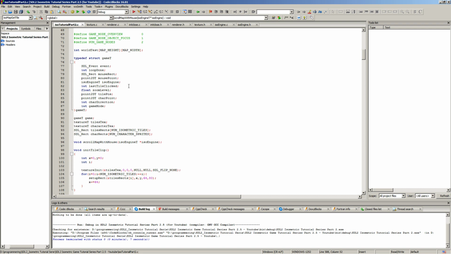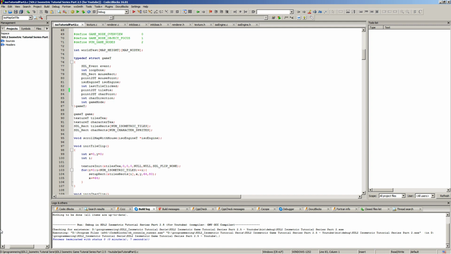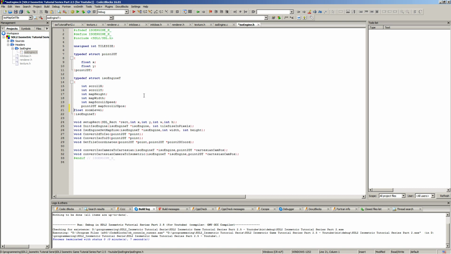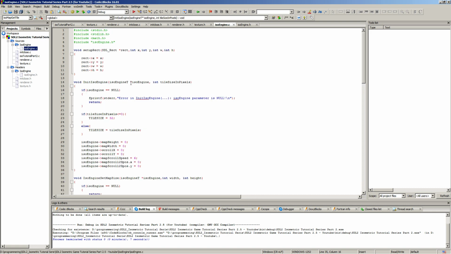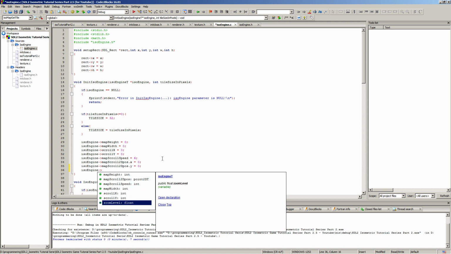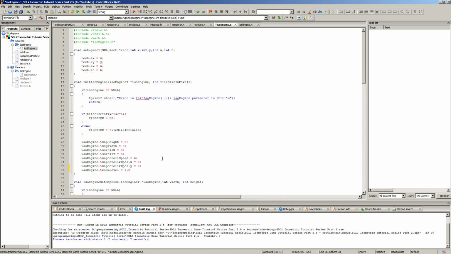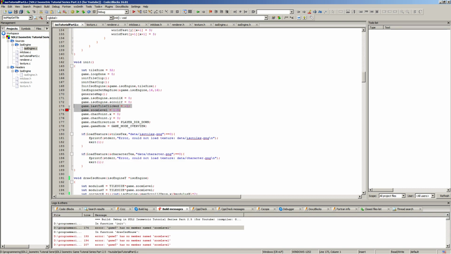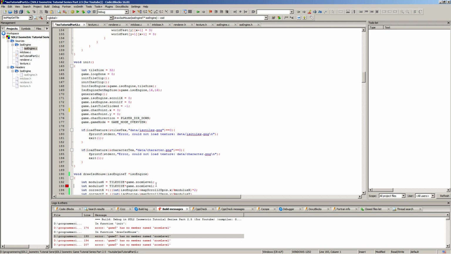So what do we take next? Let's take the zoom level. Zoom level. Get that out from there as well. And now we should initialize that in the ISO engine H file as well, up here. Zoom level 1.0. And we're gonna have a lot of errors. First of all, we don't need you there, and